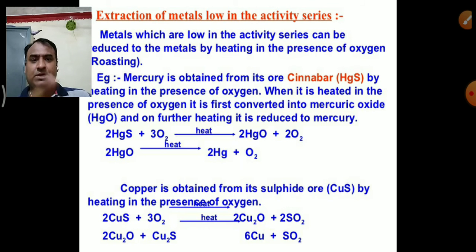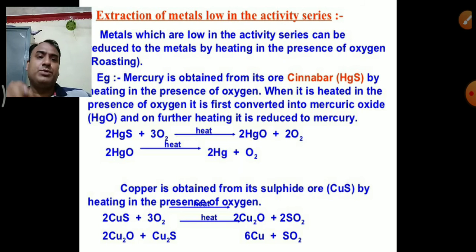So HgS is mercury and sulfur, mercuric sulfide. This cinnabar is a sulfide ore of mercury. Now, for extraction of the mercury from that ore we use